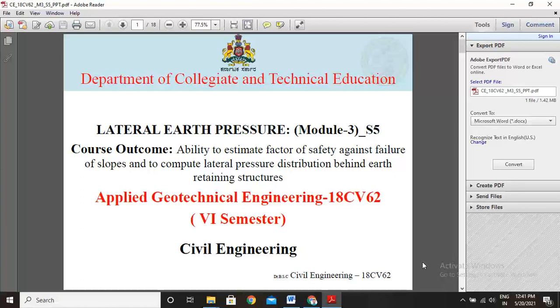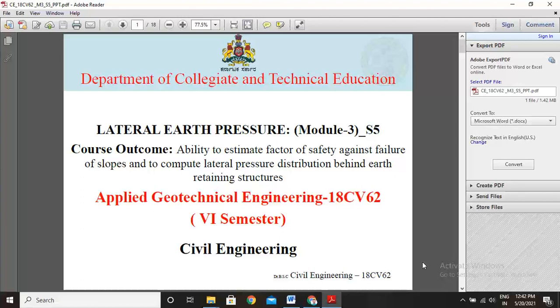Today I want to start lateral earth pressure. This is one of the most important topics in geotechnical engineering, and it is a fantastic topic. I hope this topic is the last unit in this subject. Okay,